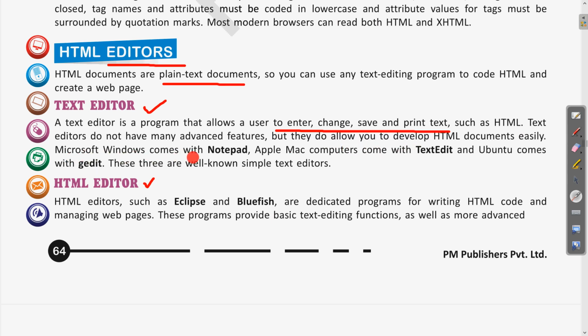Microsoft Windows comes with Notepad. We all have seen that Notepad can be used for writing our HTML program.